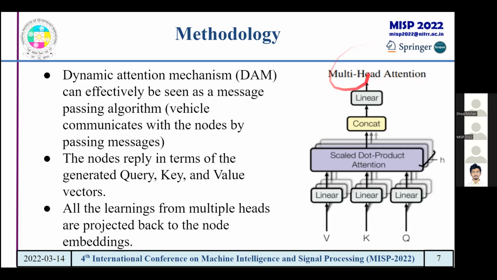And multi-head attention is the main important part in the encoder, where it takes in multiple inputs called value, key and query. These terms are from the natural language processing domain. And it computes in parallel with all 8 heads. The head is what we call this one particular thing, and in parallel we have some n number of heads. And after this attention mechanism, all the learnings from the heads are concatenated and projected back onto the embedding space.